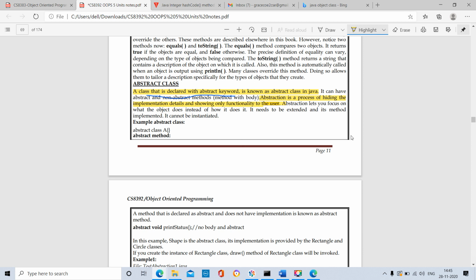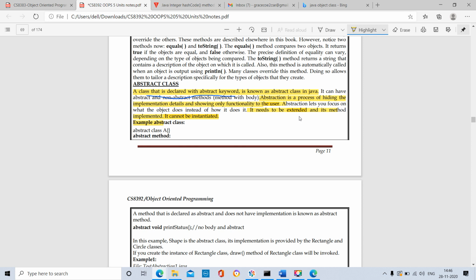It cannot be instantiated. It needs to be extended and its methods implemented. Just to recall, extends is the keyword used to inherit a new class from an existing class.